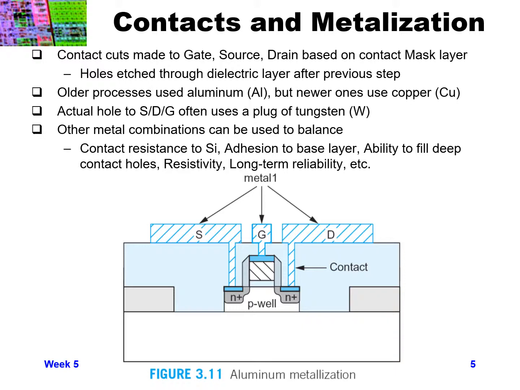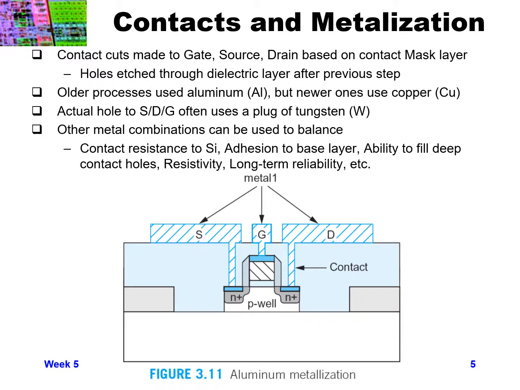So let's talk about how we actually make contact and metallize our wafer. After we have the transistors from the previous step, we will pattern the wafer in order to expose the areas where we want to make contact holes through the thick oxide layer down to the source, drain, and gate. So we'll expose areas, and then using different etch techniques, we'll make contact cuts down to the gate, source, and drain